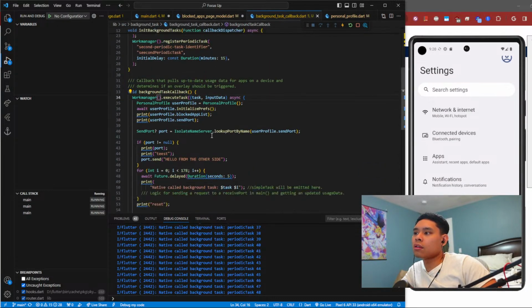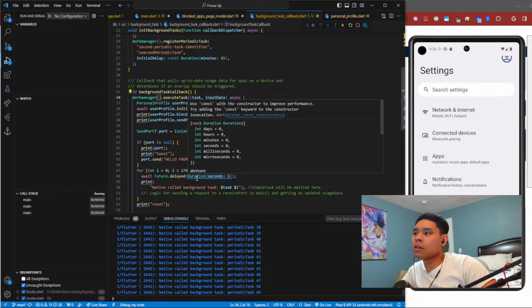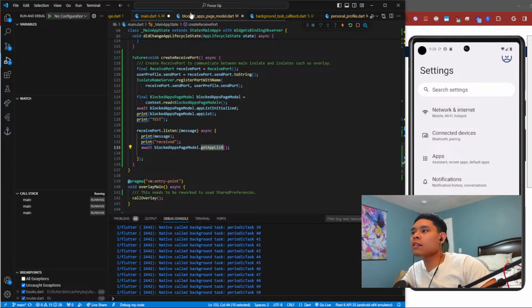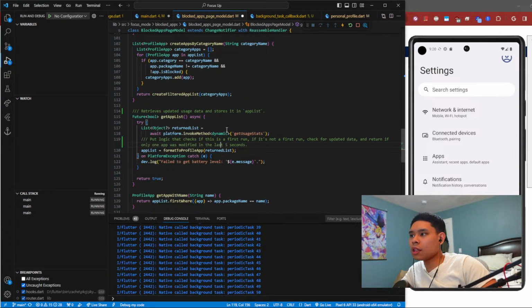okay, we have a lot of work to do. It should not take 5 seconds to retrieve the data. So we can check in the last 3